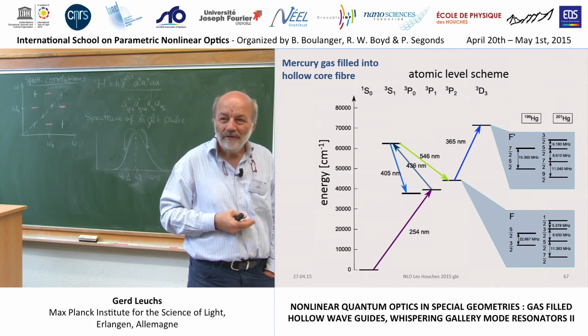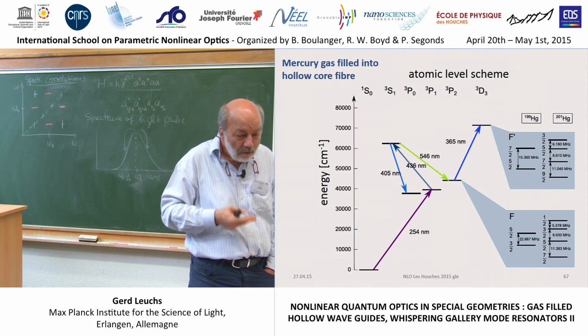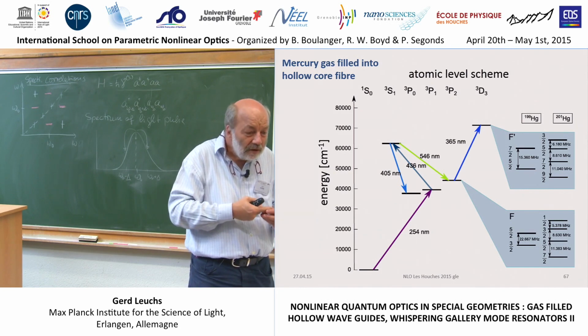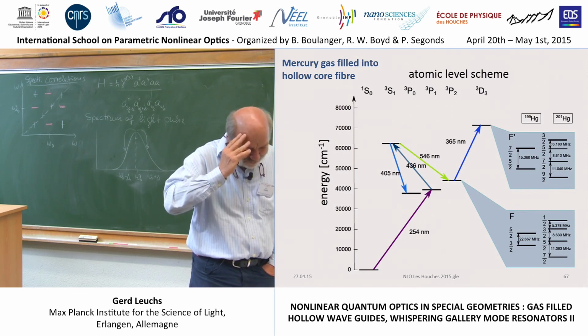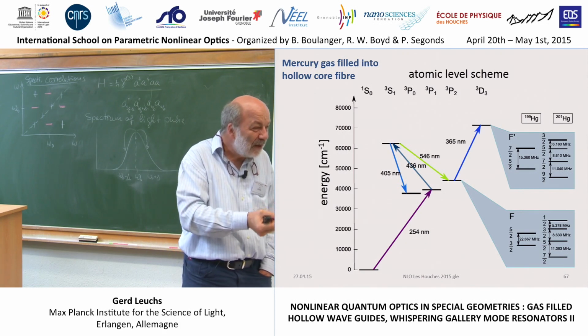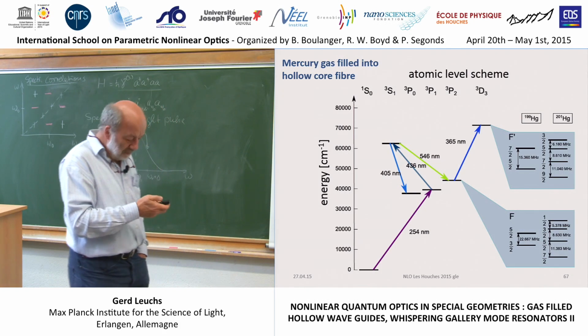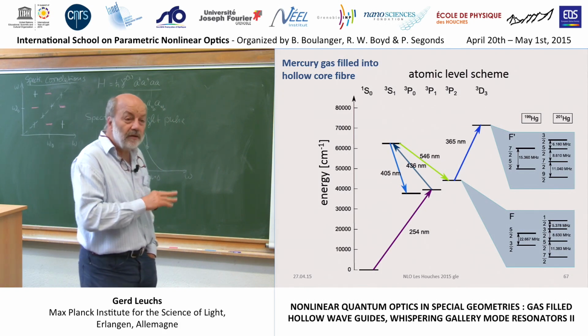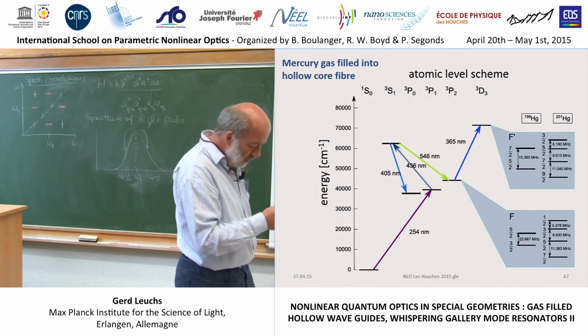I know since long times that you can have mercury in a thin capillary and the mercury stays outside the glass. It does not go into the glass. I said, I could have thought of this. Even if the mercury is liquid inside, I mean, the highest possible density. So now we put mercury inside and there's no mercury in the glass. It all stays in the gas phase. But